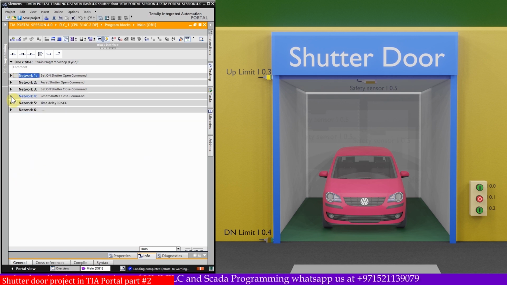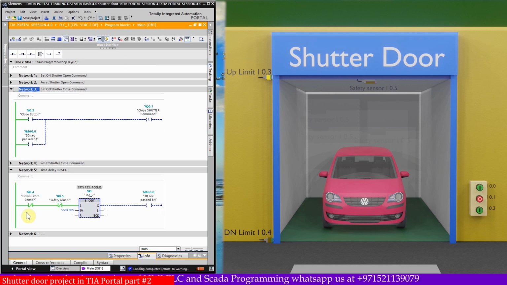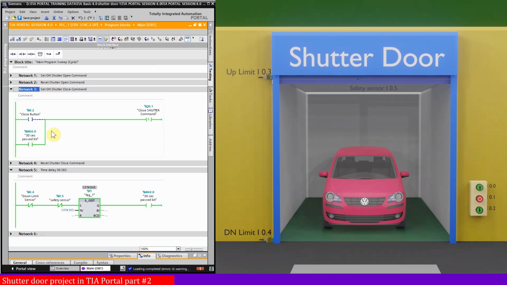Now if we open network number 3 and network number 5, in network number 5 the down limit sensor I0.4 contact is closed as the shutter is at the up limit right now. Next, there is nobody in the room or in the door, so the safety sensor contact I0.5 is also closed. This starts the T1 timer for 30 seconds, and once the timer is over, it will turn on the bit M60.0. This bit M60.0 sets the shutter close command Q0.1 in network 3, and the shutter starts to